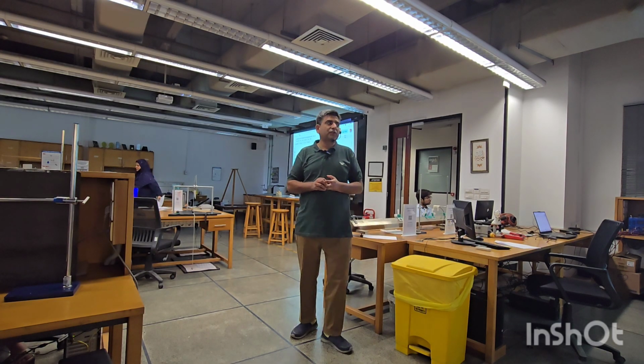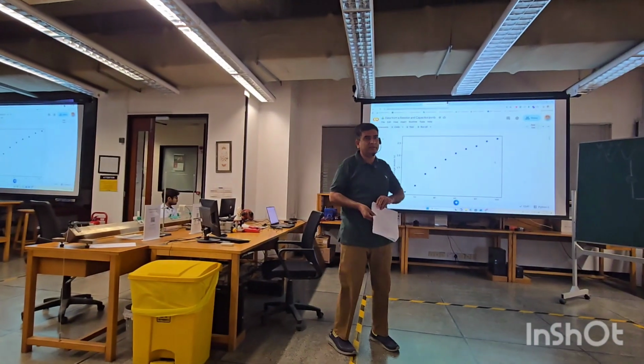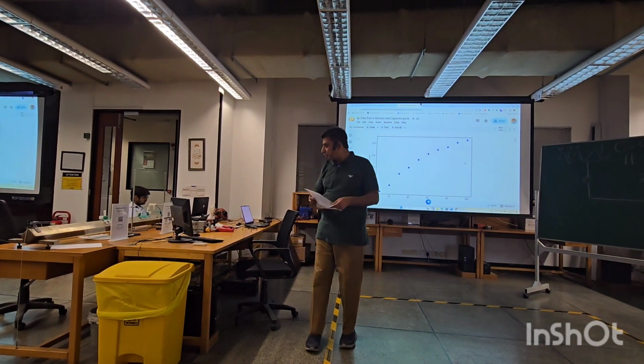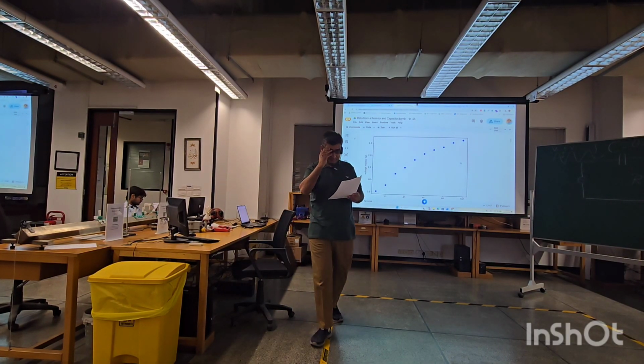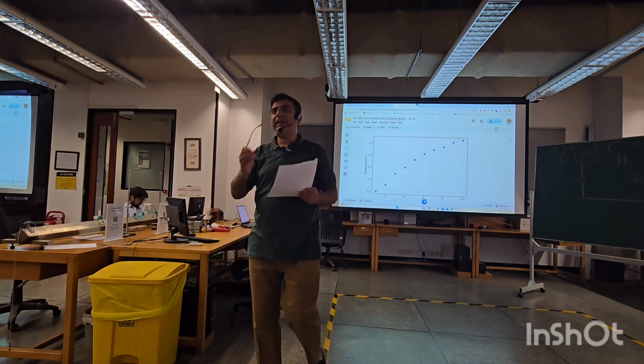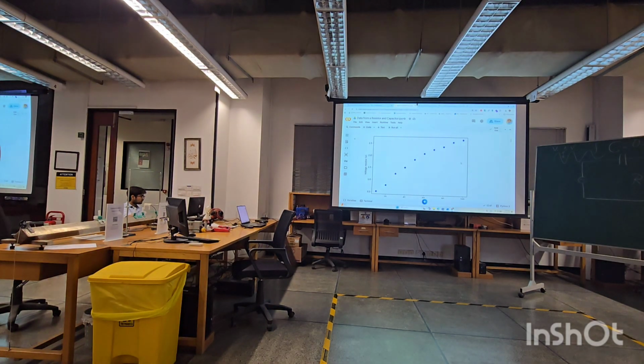So in the handout that has been provided, there is already a model given to you. That's equation number 1. In the handout, first page, equation number 1